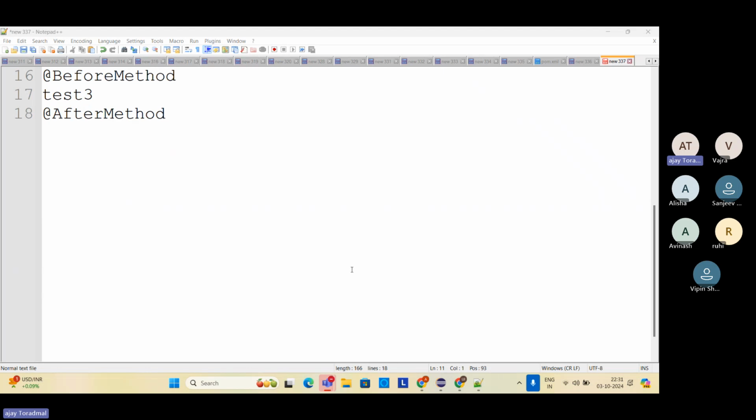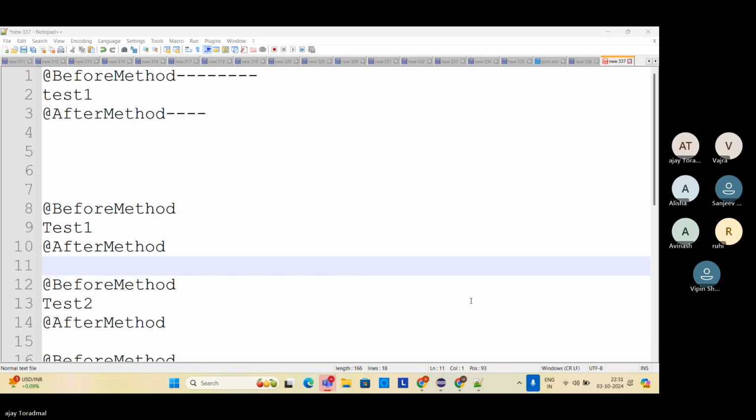Okay. Now what we'll do, we'll try to add this particular thing in a real-time example. So we'll add some code. For example, let's say we have written previously one method for launching the browser. So that particular method we will call inside the, let's say, before